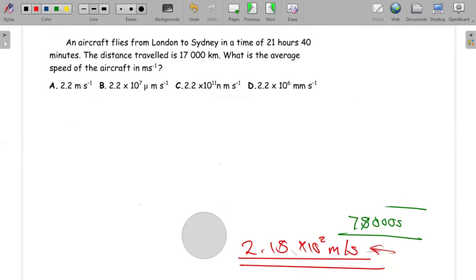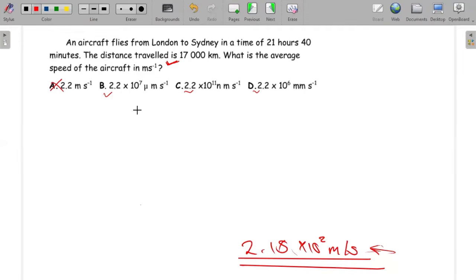Okay, so we've gotten 2.18 times 10 to the power 2 meters per second. This is the answer that we've gotten in meters per second, as they asked at this particular point. But let's convert it further to check whether it is this one or that one or that one, because A automatically is not the answer. So let's convert it into